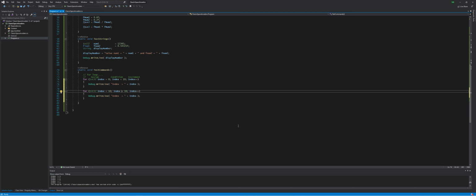Now we want to make sure it's greater than 0. Now less than and greater than are very similar. So this is less than, and greater than is the total opposite. It's this way. So it's greater than. You notice that index has got a greater part than the other values, so it's greater than. And up here you see index has got the smaller part and 10's got the greater part, so it's less than. And we want to make sure that that's greater than 0, so if I just make that 0,